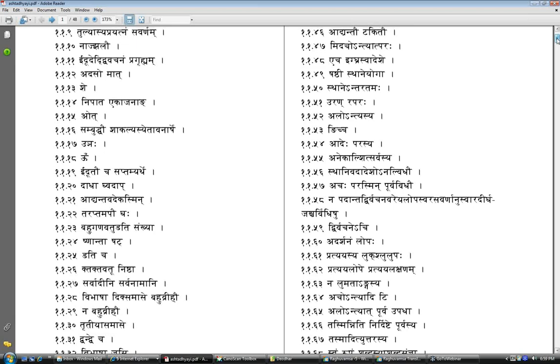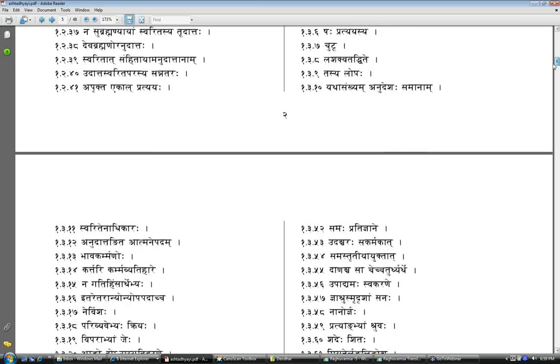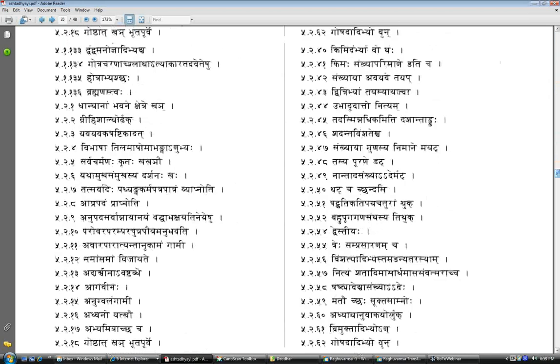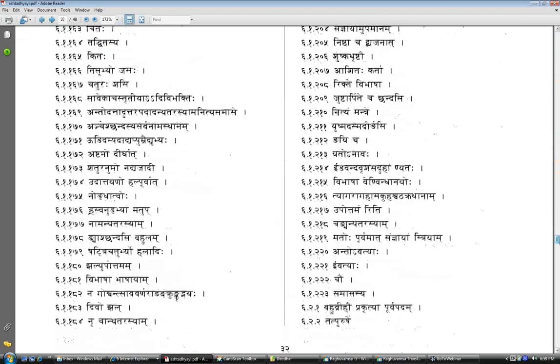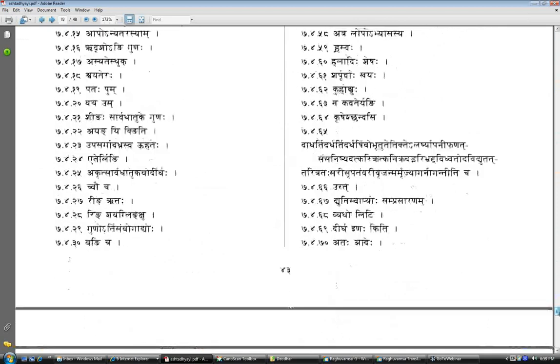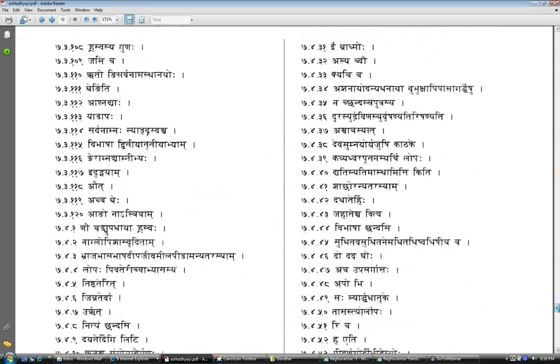See, I have not studied all 4,000 sutras in detail. I know more than 1,000 of them pretty well. Others we can just look at the vritti and use them. But once in a while you get tripped up, and this was one of those cases. This 7447, which is "acaḥ upasargāt taḥ", is not there in Laghu Siddhanta Kaumudi. Laghu Siddhanta Kaumudi takes about 1,300 or 1,400 sutras and gives you about 75% of the language, which is what I've studied in detail. The others, we can fill in the gaps.